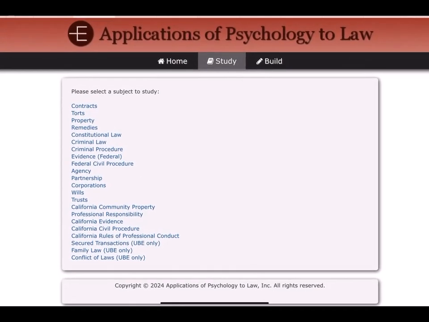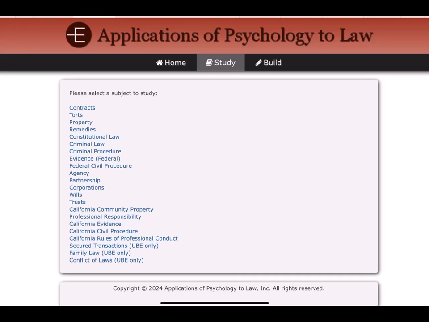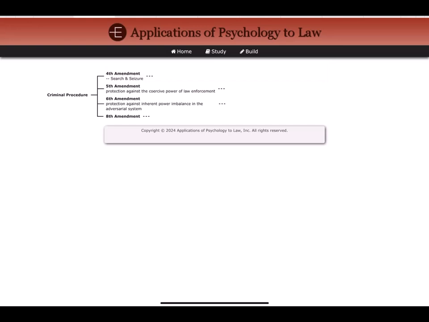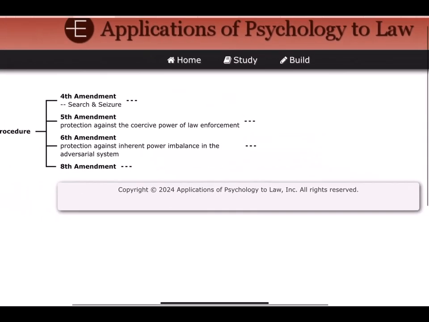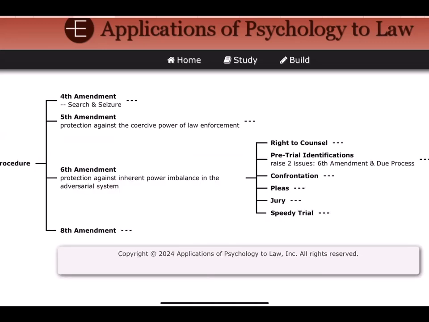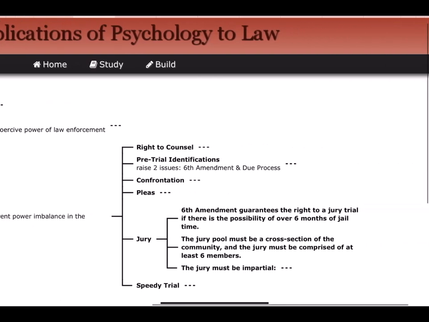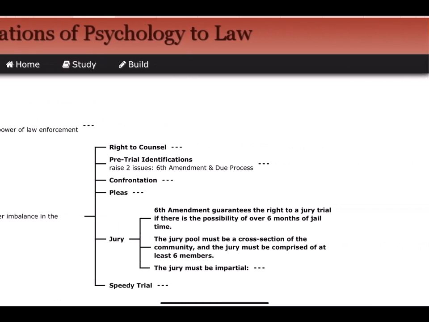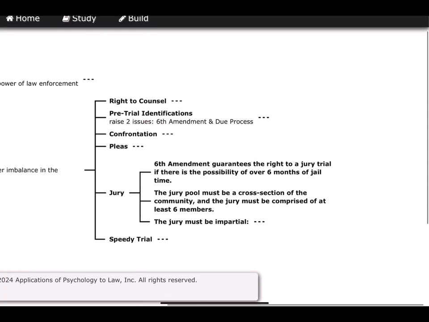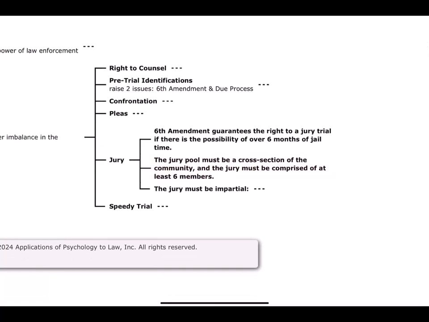I'm going over to Proponix, our software platform where we have loaded all of the law we felt we needed to memorize for the bar exam. And I'm going to criminal procedure because that's where we have our basic analysis of Sixth Amendment rights and protections. The Sixth Amendment guarantees the right in a criminal prosecution. The Seventh Amendment extends it to civil cases with a value over $20. Okay, so here we have